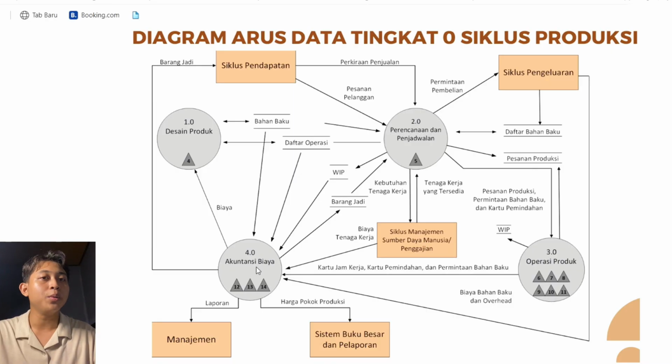This data is used to precisely and accurately calculate total manufacturing expense to determine the cost of goods manufactured, or COGM. The output of this process will serve as an input for both internal and external parties. The first one, this information is sent to the general ledger and reporting system as a cost of goods manufactured journal entry to update the inventory account balance on the balance sheet and the cost of goods sold on the income